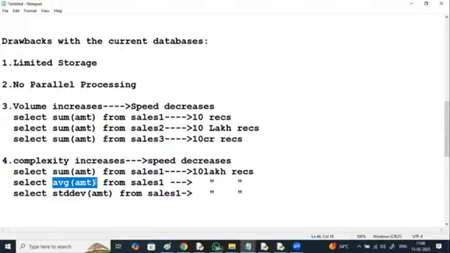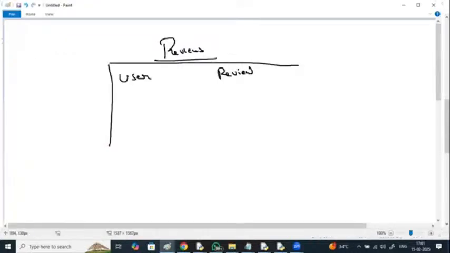User 1, user 2, user 3, in this way 100 users. They are giving the review in the form of zeros and ones. If the movie is bad, they say 0. If the movie is good, they say 1. So they're saying it in the form of zeros and ones.